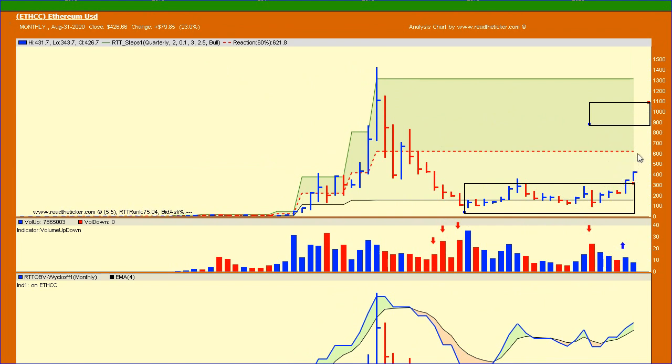But they have to use volume to get it up there, and they have to use volume to scare the public out of the way. They don't want the public participating in the move. They want to move it up and down, spike it left and right.